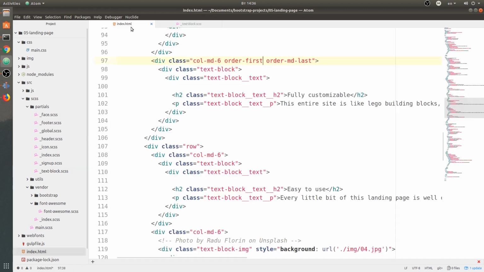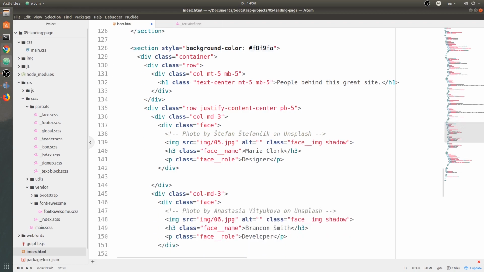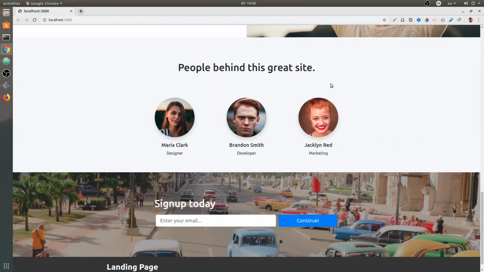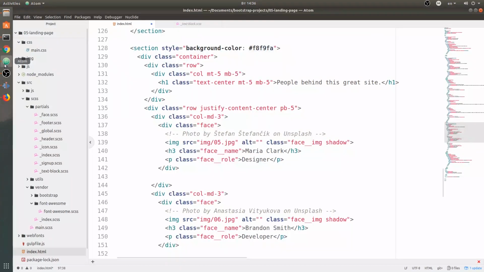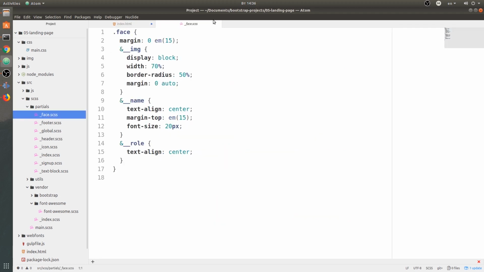And next is our team or people behind this site, this section over here. This section over here, and it's pretty easy, pretty simple, pretty straightforward. I have 3 images from Unsplash and some meta information like the name and the role in the company or whatever. And basically that's it, except for if I go to faces, I believe I have